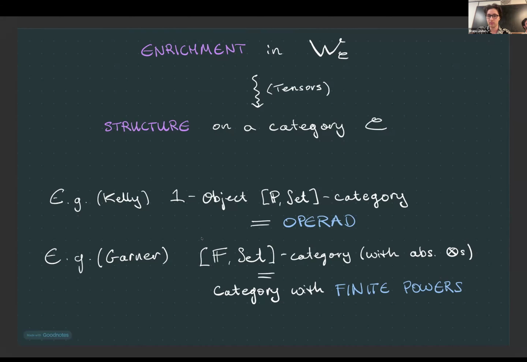Okay. I'm not going to say too much about the general pattern because most of the talk is going to be about a specific example. But I'll say a couple of things briefly here already as motivation. One is that these definitions are very, very compact, especially the first one. Finite powers, it's not too hard to write down what's going on there. But an operad is a fairly hefty definition. And this here is just one line. Now, obviously, it helps to have both handy, but it's still nice sometimes to be able to push all of the axioms and coherence or whatever into the machinery of this base of enrichment. I also haven't told you where the monoidal structure comes about on these, but we'll see that later.